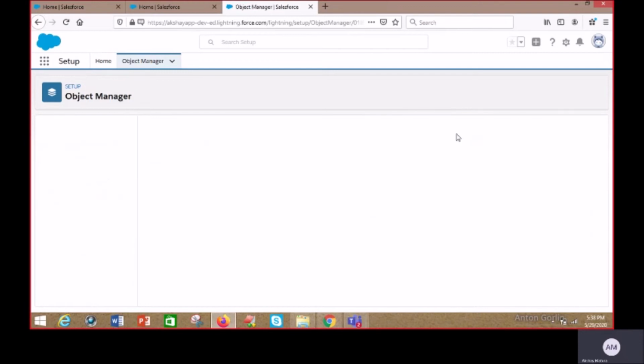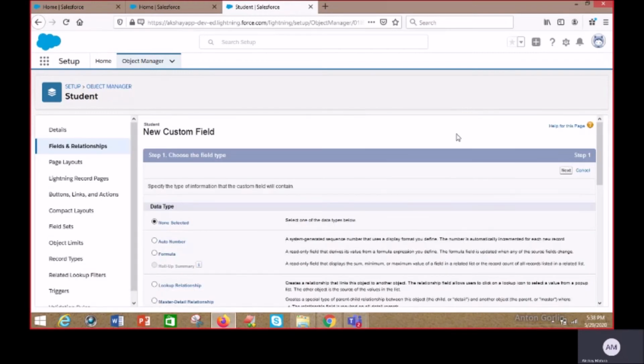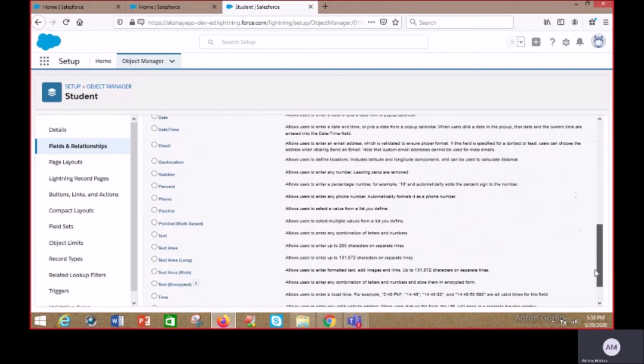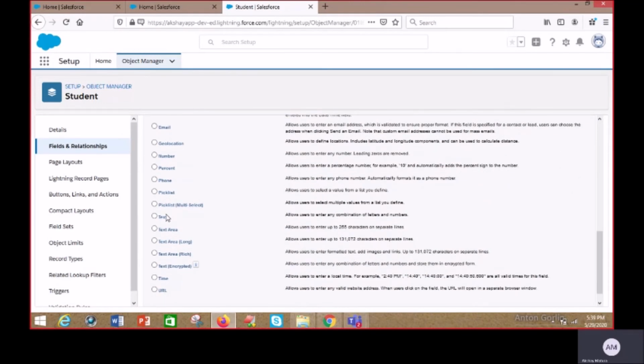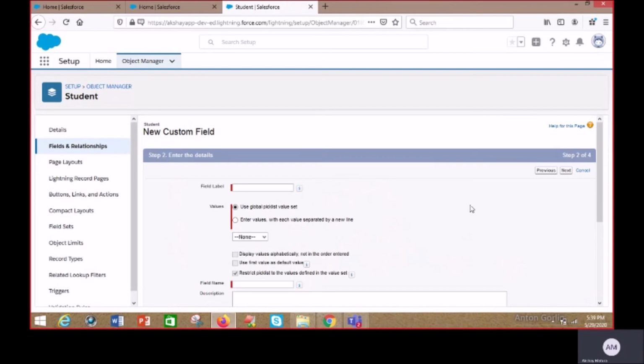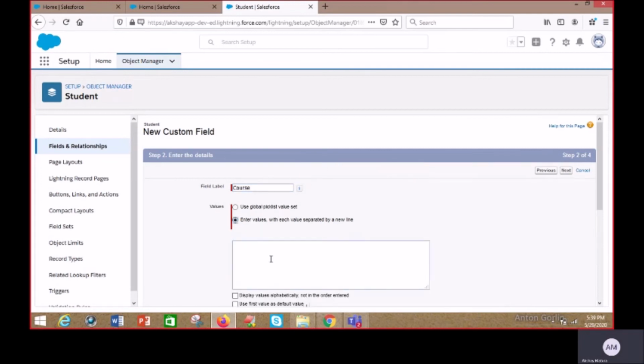Click on new. So this time we will create a field known as course, the course a student is opting for. So we can make it text or picklist. Let's create a picklist field. So a picklist field is basically a set of values from which we can select one value or multiple. For the name, I'm typing course. Click on enter values, and now we can